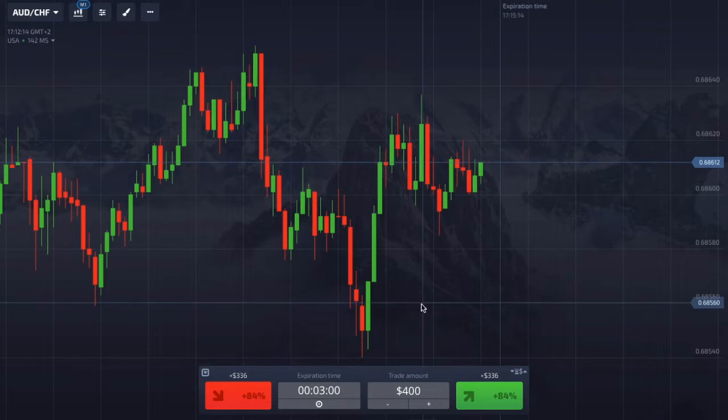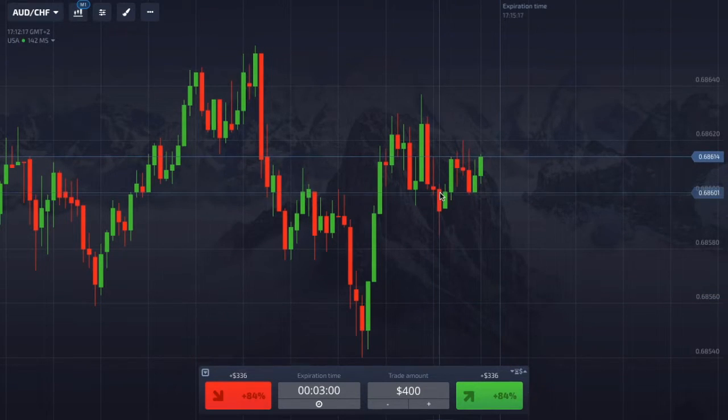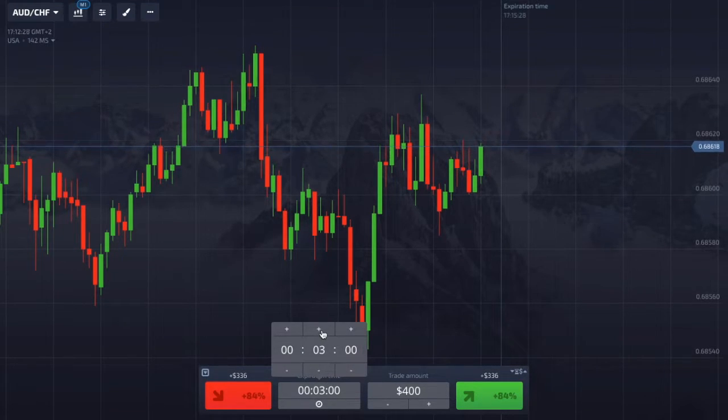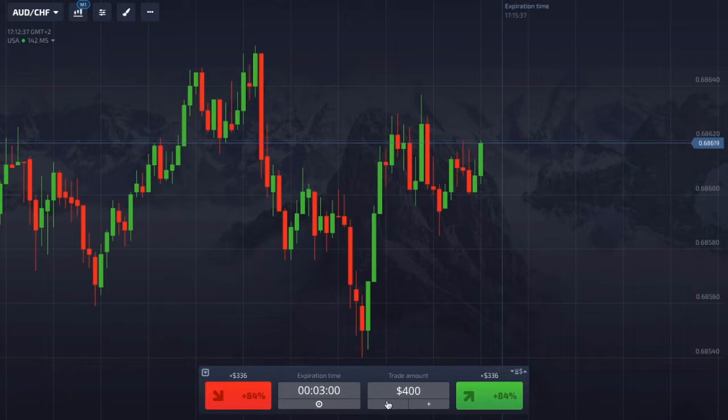That's very helpful, especially when you try to get in trade as soon as possible. This will help a lot. So you basically set this to 3 minutes, you enter your trade amount based on your risk management,